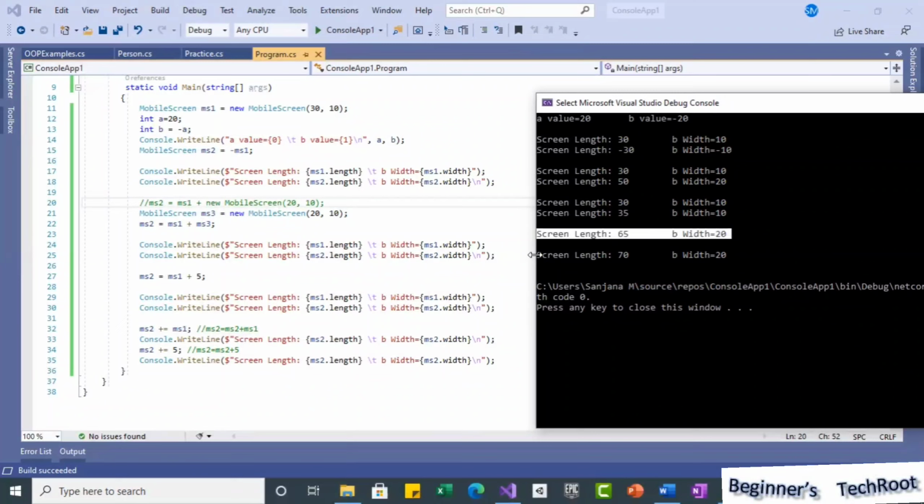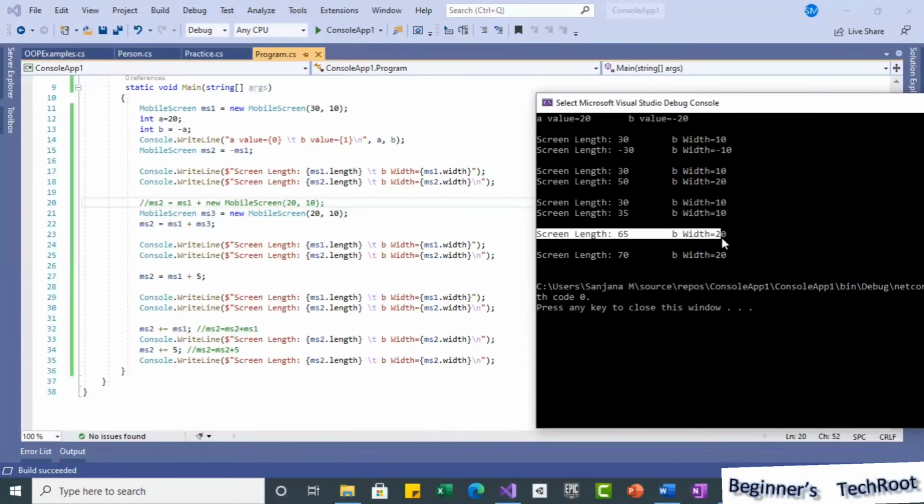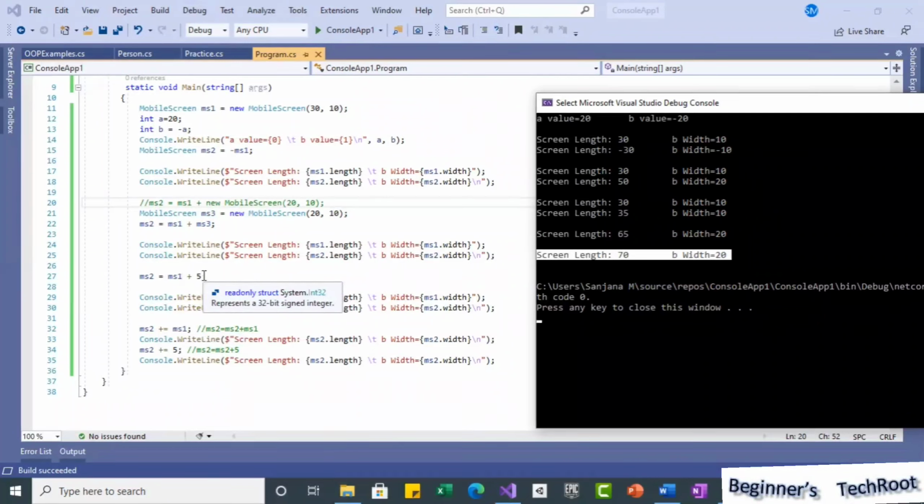Then if you see this, ms2 plus equal to 5 is nothing but ms2 equal to ms2 plus 5. ms2 already has the currently calculated value above, so 5 is added only to the length, which became 70, and width remains the same at 20. So 70, 20. This is how the operator overloading is happening.